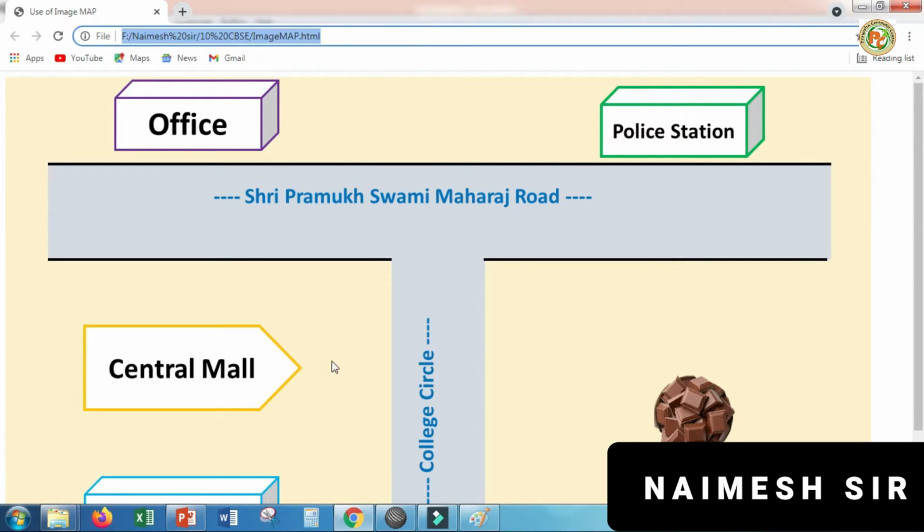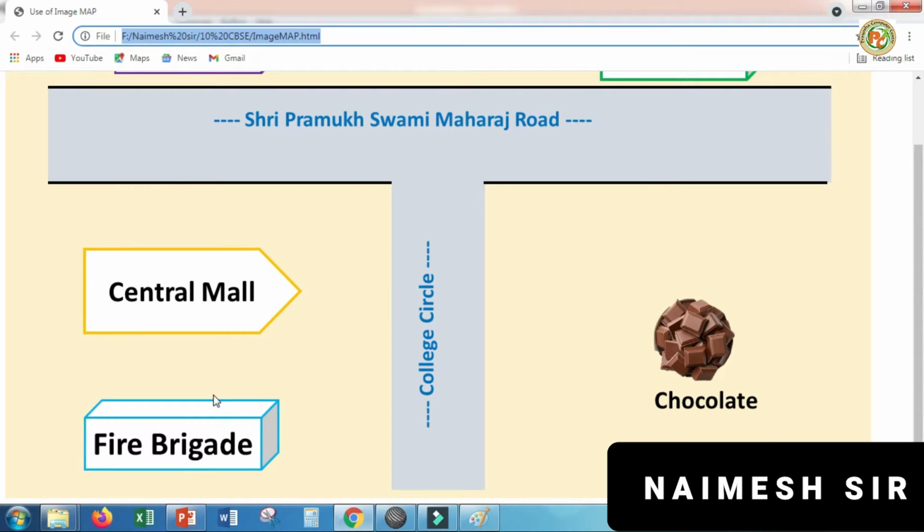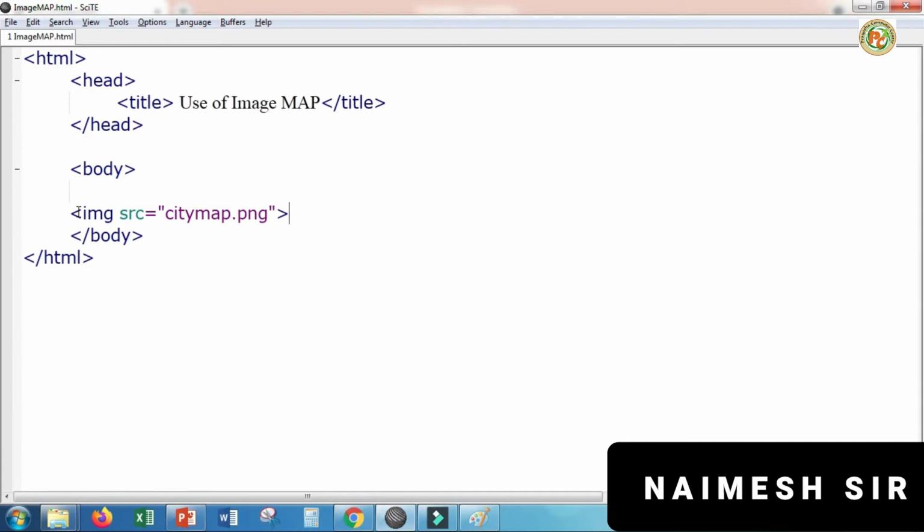But when we click on office, then the office file should appear. When we click on the police station, then the police station's HTML file should appear. Similarly, we want to give all of these a specific link. So it is called a hyperlink. In the previous session we learned the anchor tag. So if we use a href here and keep that particular file address, it is not possible, because if you use the anchor tag here, then the entire image will be linked. Means if you click anywhere in this, the specific file will appear. Like I want to open the office.html file.